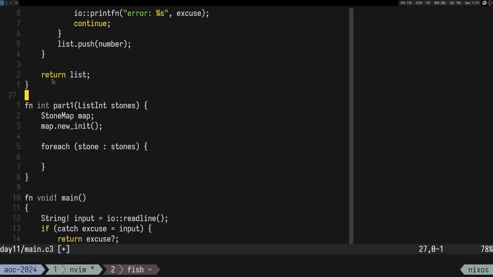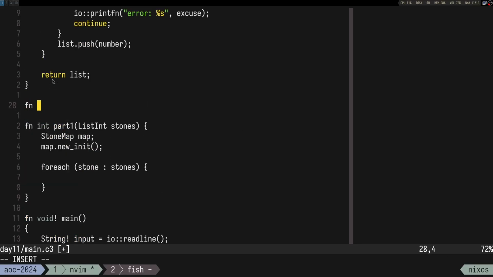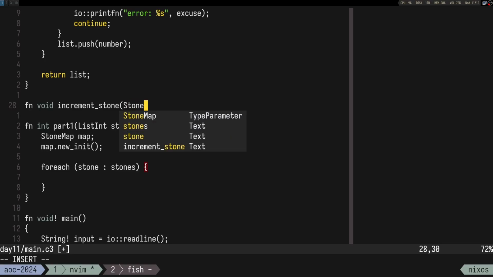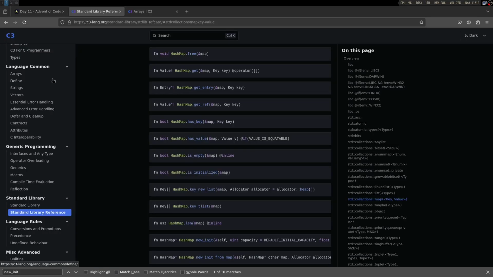So I might just create a function that returns void, and it's gonna do something like increment stone, right? So it's gonna take in the stone map, and I think I need to pass it as a